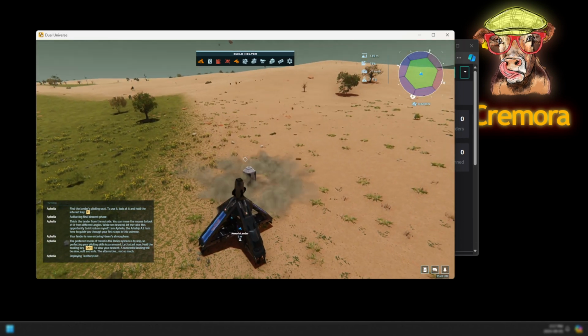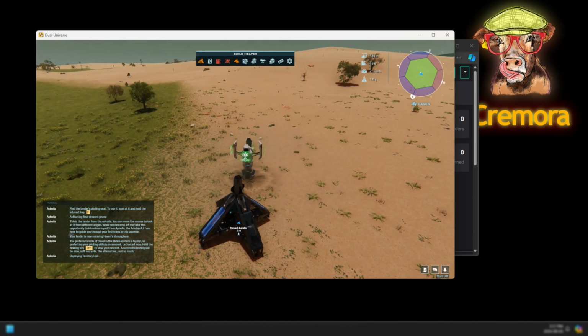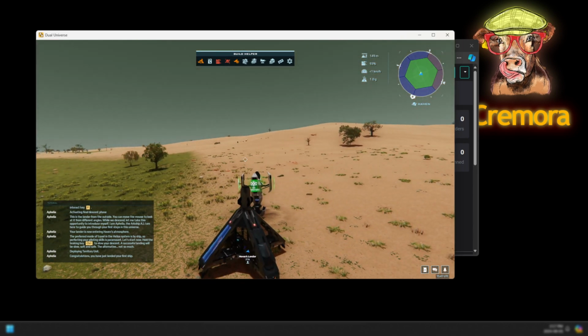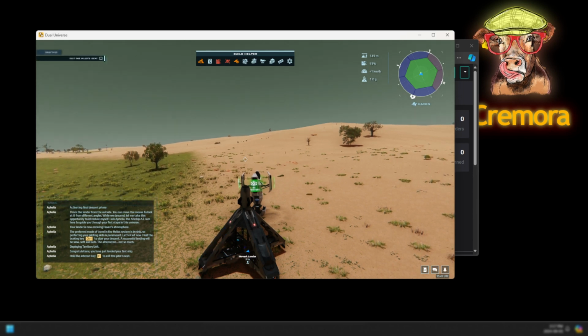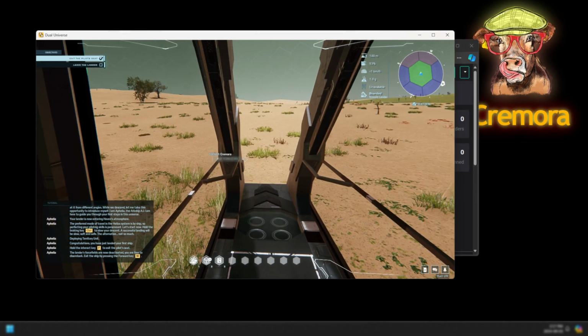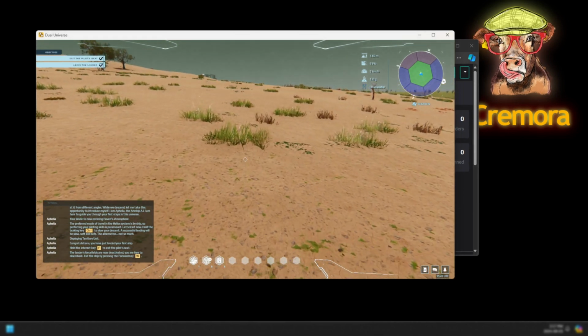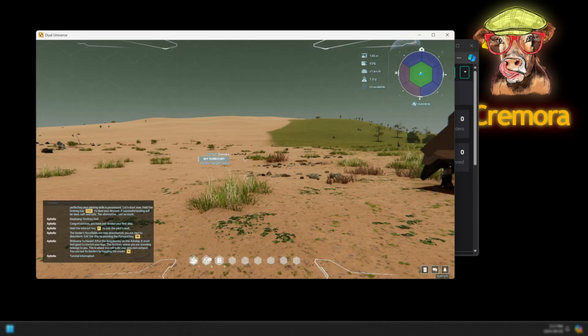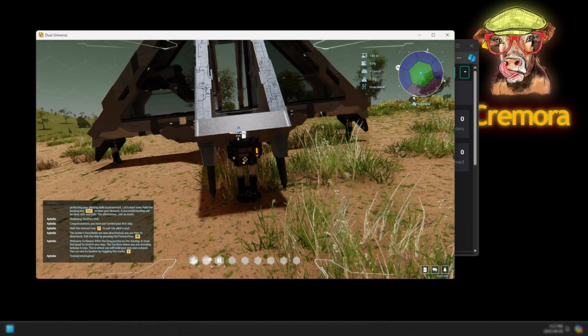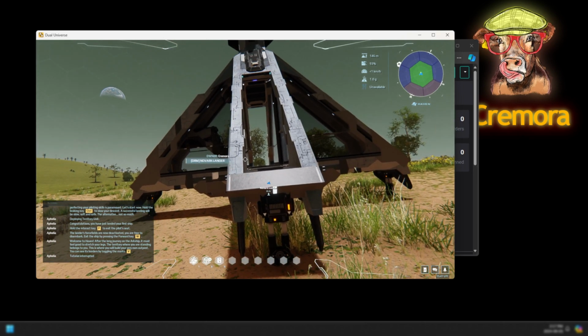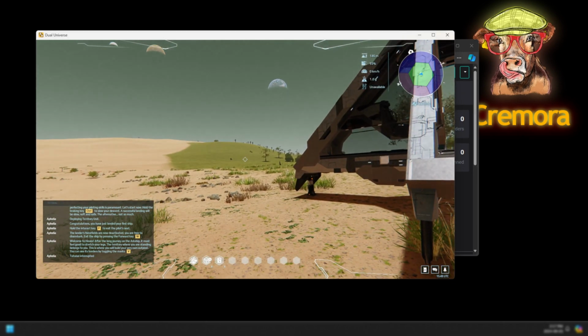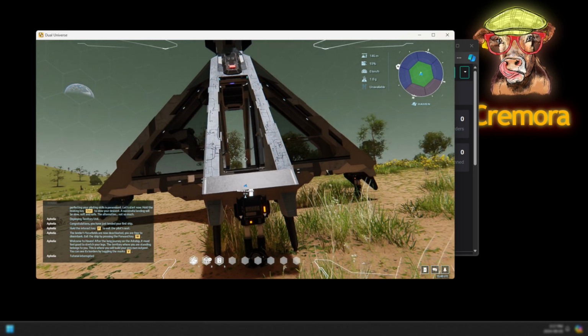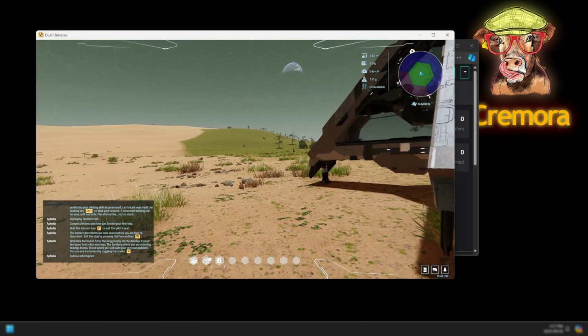Deploying territory unit. Congratulations, you have just landed your first ship. Hold the interact key to exit the pilot seat. So let's exit our pilot seat by holding down F. Now we can hit Shift Backspace to abort the tutorial. I only recommend doing this if you're a well-practiced veteran and this is not your first rodeo. All right. Now let's head up our inbox